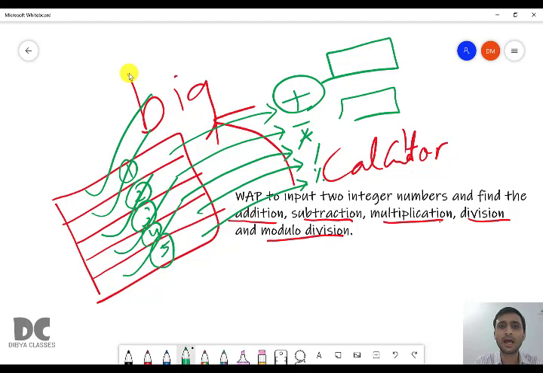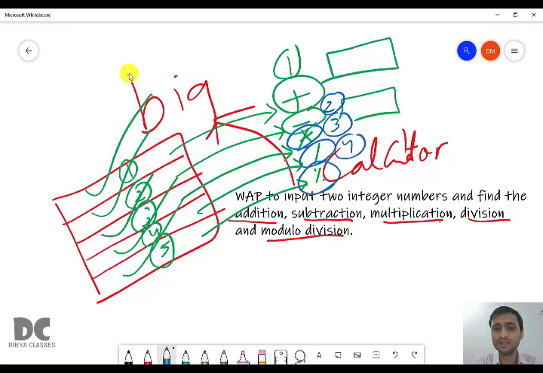To add I will use one function, to subtract I will use another function, to multiply I will use another function, to divide I will use another function, and to do modulo division I will use another function. So before, in one function we used to do everything.